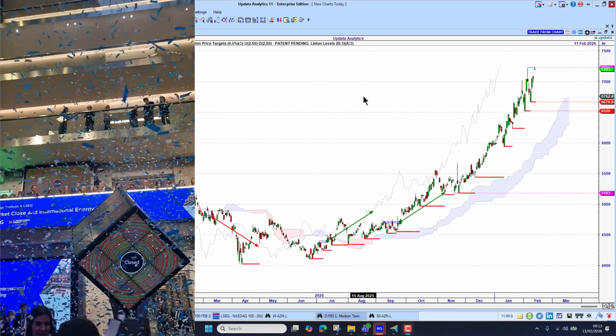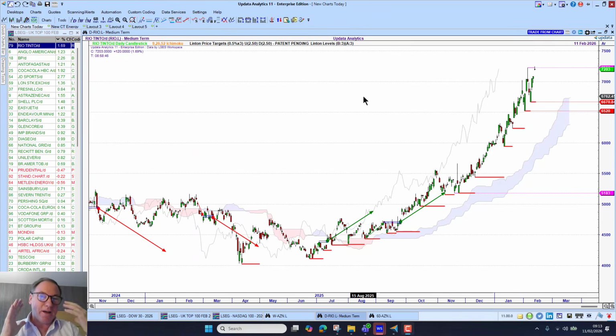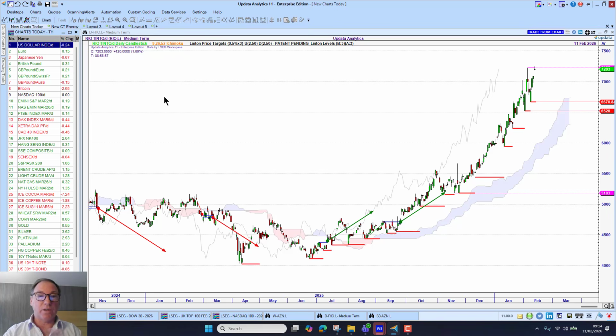So that ties in with our focus this month. We're going to do a lot more focus on UK stocks just for the month of February. We've got a lot of clients who trade UK stocks, and here is the list. But I normally do charts a day just looking at what's going on globally, and I start just by looking